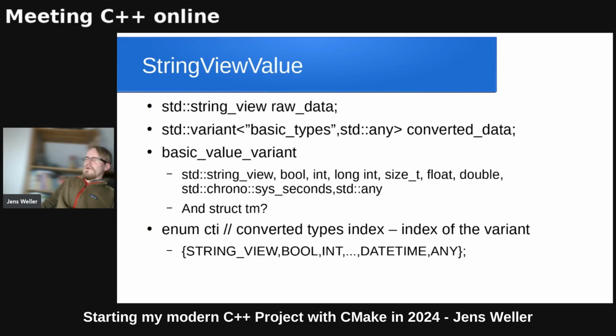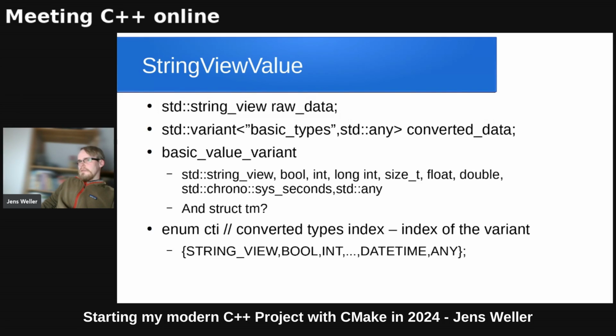I'm currently thinking about also using struct tm. I don't support timestamps at the moment, but I could with chrono sys seconds, where I better keep it. But struct tm already has all this data which you want to query potentially. While chrono lets you easily do calculations with dates, I think in this context struct tm might be the better choice to basically have this all there in memory. But struct tm, of course, is a lot bigger than this variant at the moment, so I'm not sure about that. And then I have an enum which holds